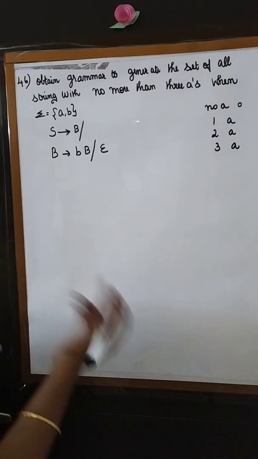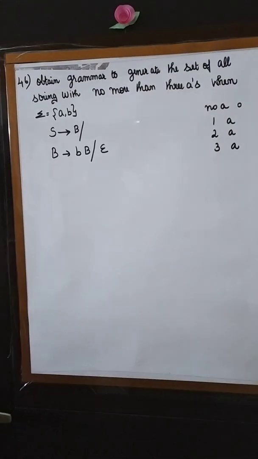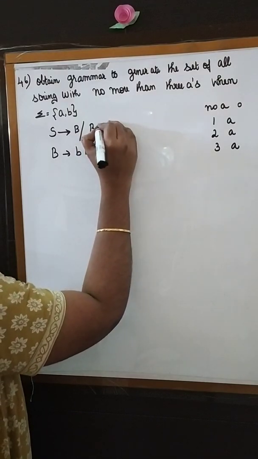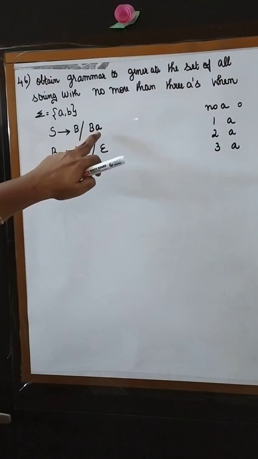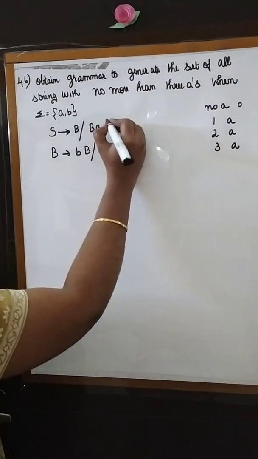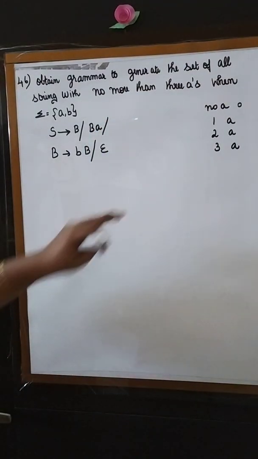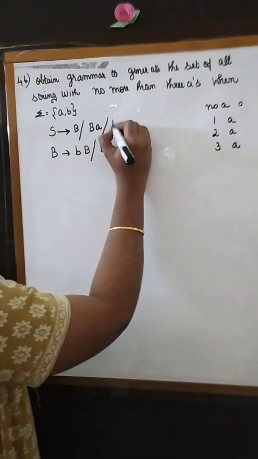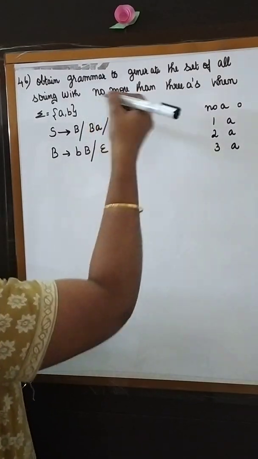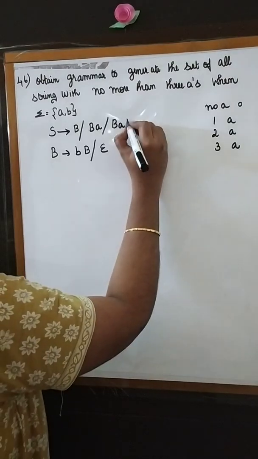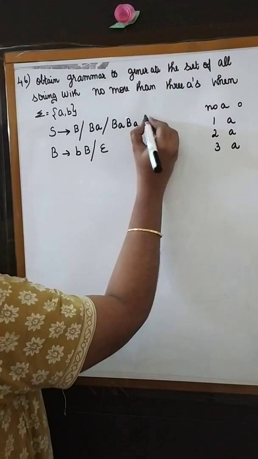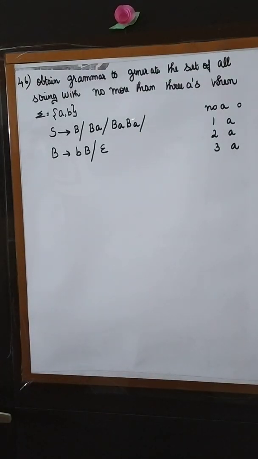Another possibility: they told you, you can have only one A. So I can have B n number of times and A can come only once. That is one possibility. And they told you this A can come for 2 times. That means I can write B for n number of times followed by A, and then B for n number of times followed by A. We are going to take it in that format.